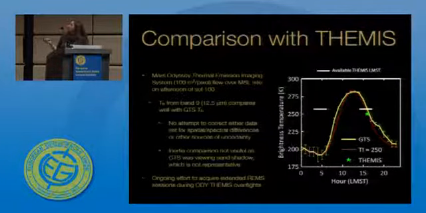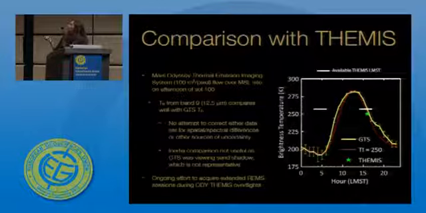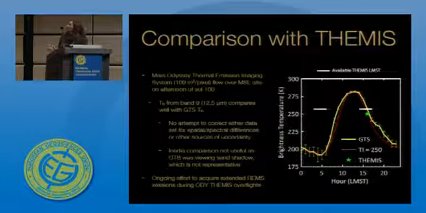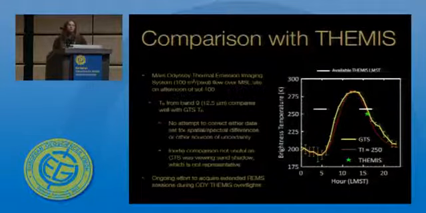So we actually have the ability to collect data from about 3 to 6 a.m. and 3 to 6 p.m. historically, and then again in the future. So this comparison was from an afternoon measurement, and we have measurements that we're collecting at other times of day as well. I would compare the THEMIS thermal inertia to the ground temperature sensor thermal inertia if we were looking